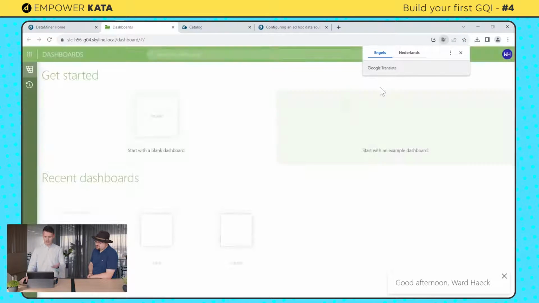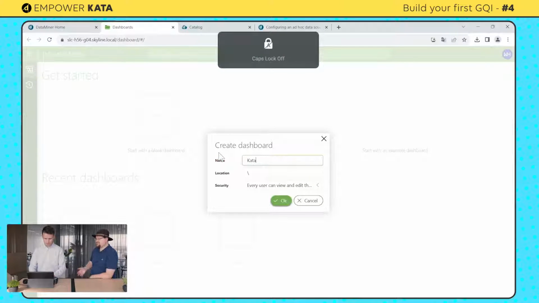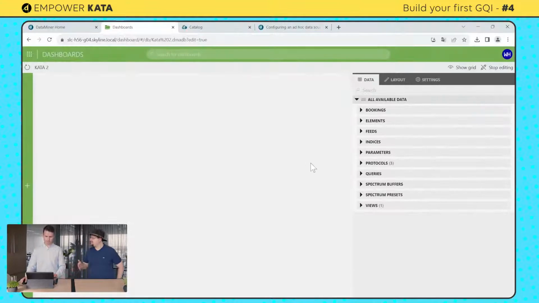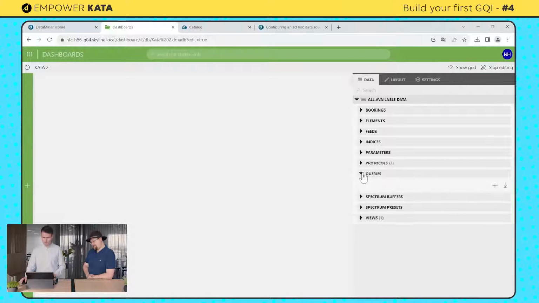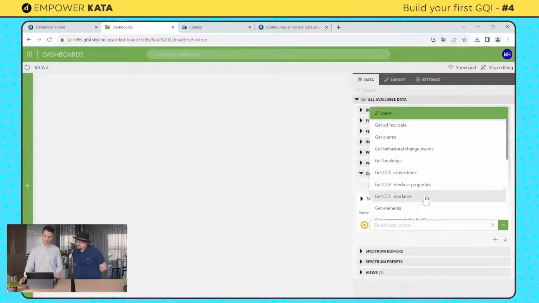Well, you can go to the Dashboards app or to a low-code app. Let me quickly create a new dashboard. You can do both in the dashboard and a low-code app. Yes, indeed, it's the same UI. On the right side, I have queries, and that's basically where you can talk to GQI. If I click plus, I will create my very first new query. And the first thing it asks is to select your data source. So that is where the GQI query begins.